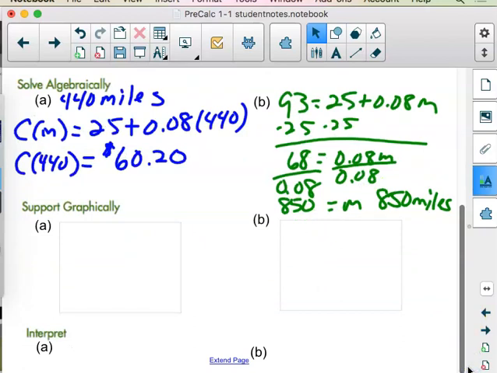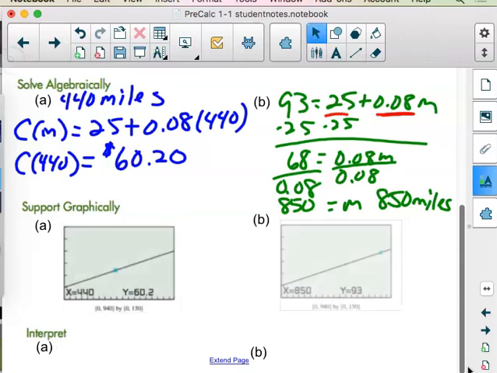Now, we could certainly put our equation into the calculator. We can see that our 8 cents per mile, that's our slope, because this is in front of the m, which would normally be the x variable in our y equals mx plus b, and it would start at 25. So like I said, we could quickly come up with those graphical representations, and we could see in the graph